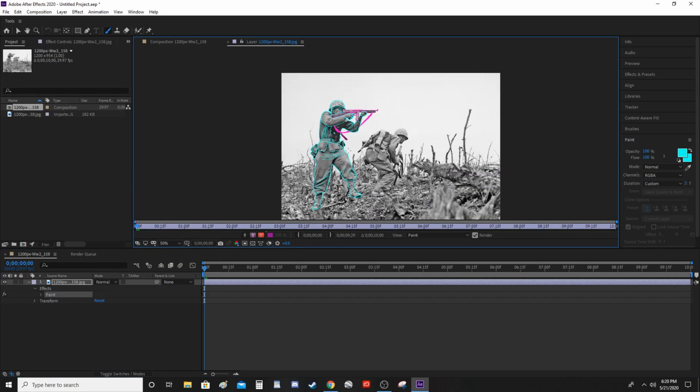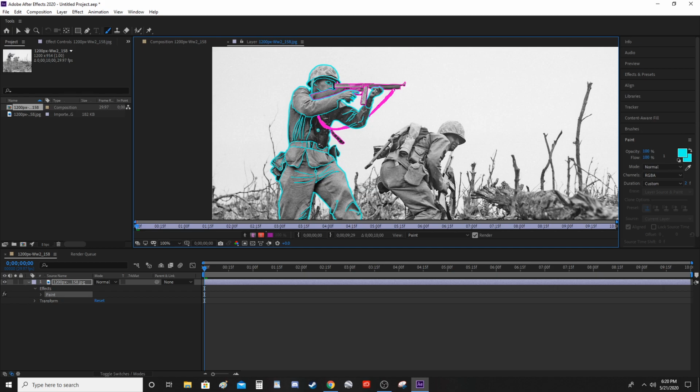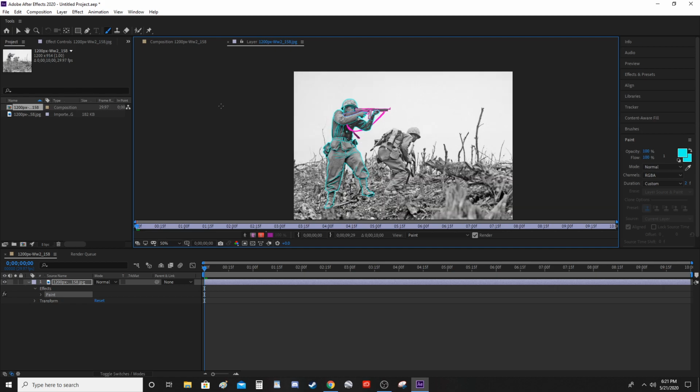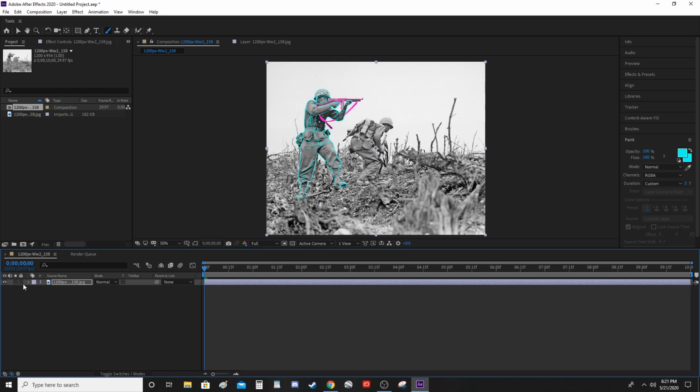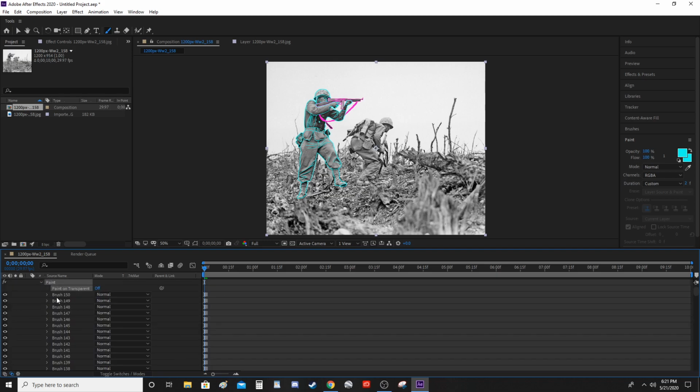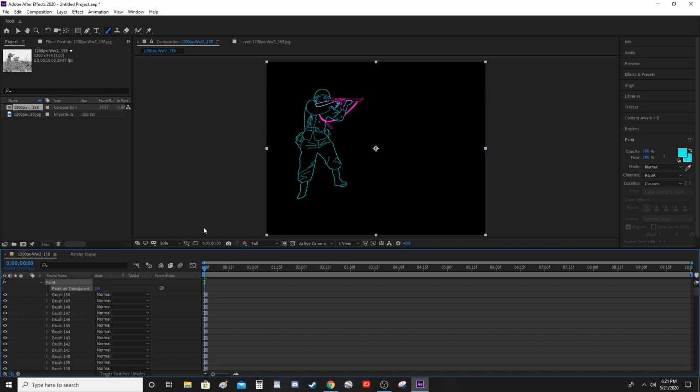Okay, so now that you've traced over your image, I think I did a pretty decent job here. All you have to do is go back over here to your original composition, and then come down to your image. Usually when you see it, it'll look like this. Press this down arrow, go to your effects, go to paint, and then right here it'll say paint on transparent off, and you want to turn that on,